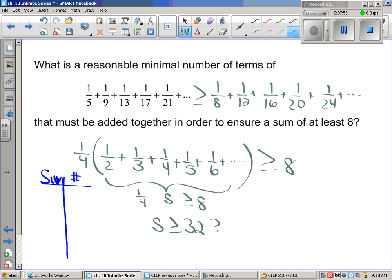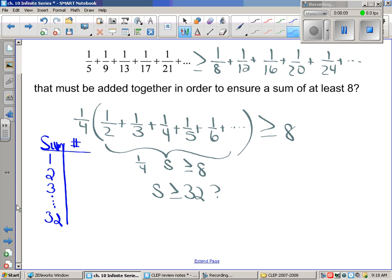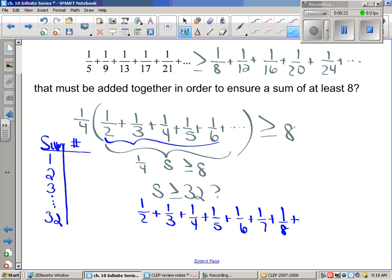of terms, once again. So just to start, we always start with the sum of 1, 2, 3, and however much you need, so you can set up that pattern so that we can figure out what it will be to 32. And in doing so, we want to compare to the part of the harmonic series that we're actually working with. We are working with 1/2, 1/3, 1/4, 1/5, 1/6, and I'm just going to write out at least a few more, because it definitely helps just to have a perspective of that